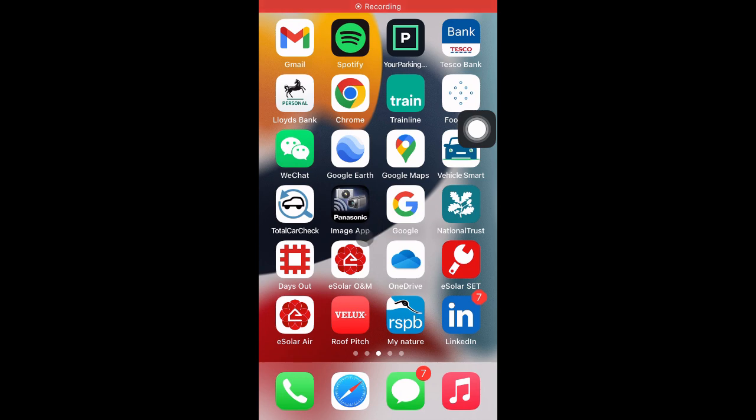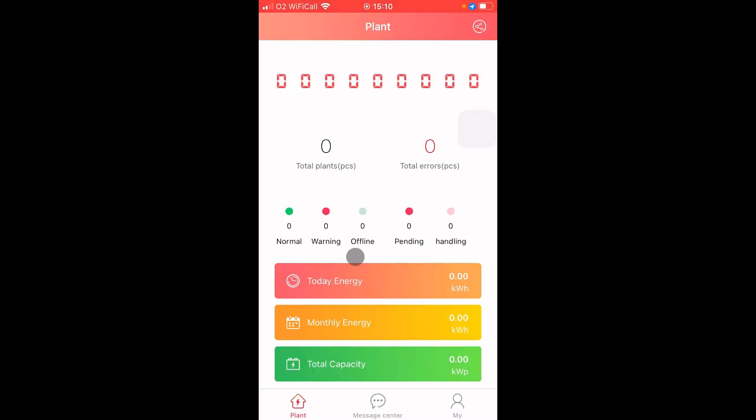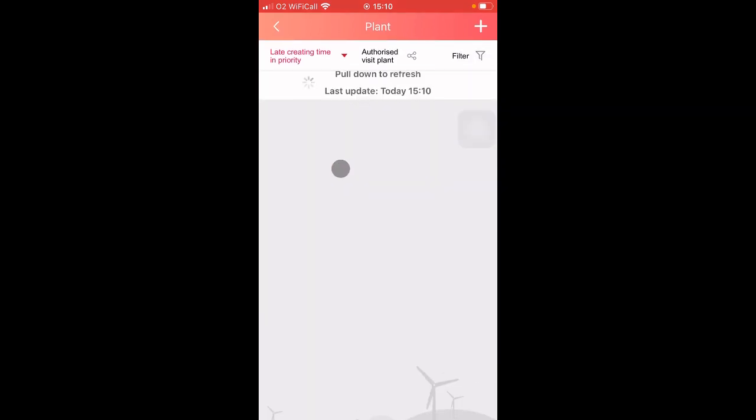Click on the eSolar O&M app to open it. If you're a new user, you'll see that you don't have any plants. So what we're going to do is add your first plant. Click on total plants and it's going to open up this interface. Click on the plus sign at the top right hand side of the screen,